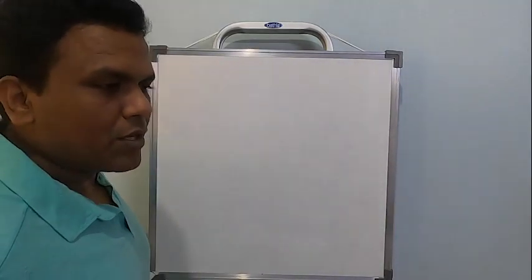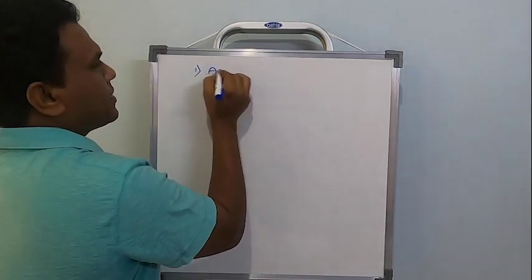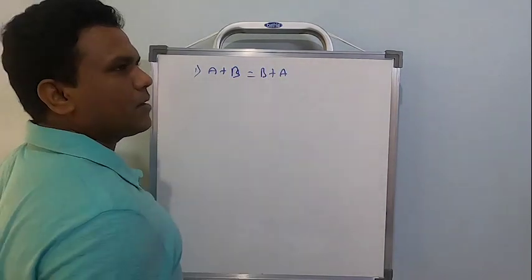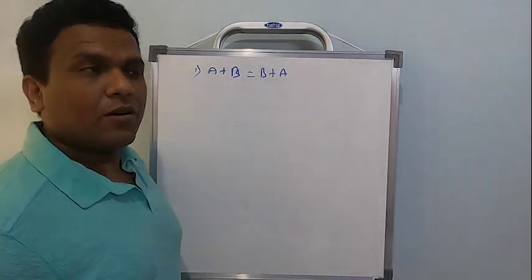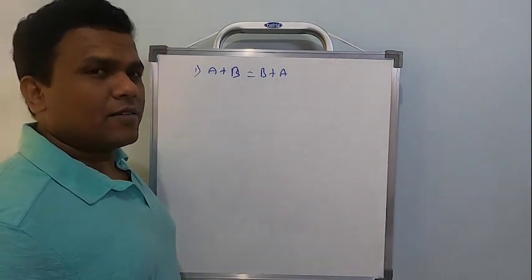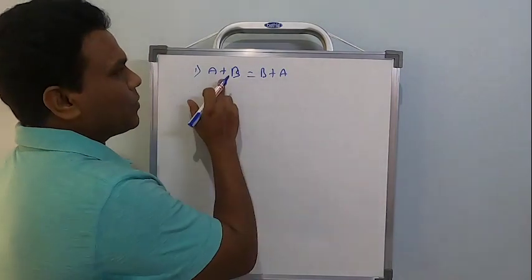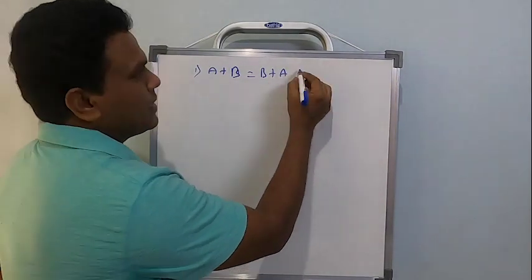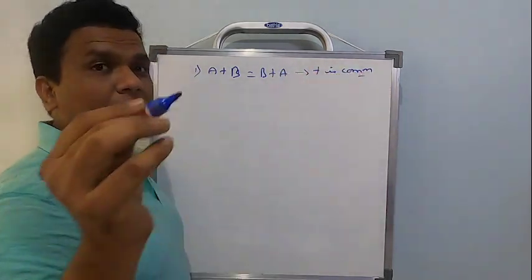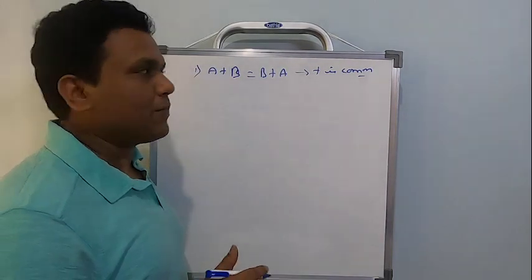So what are some properties based on addition actually. Properties: if I write A plus B equal to B plus A, if you remember binary operation, there I explained different types of binary operations, right? Commutative, associative, identity and inverse. Here also. So A plus B equal to B plus A shows addition is commutative. Matrix addition is commutative. You do A plus B or you do B plus A, answer will be same only.